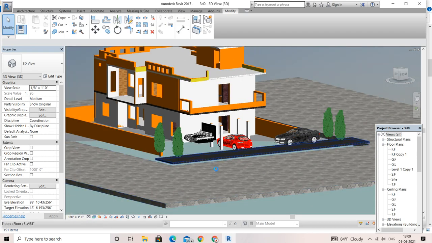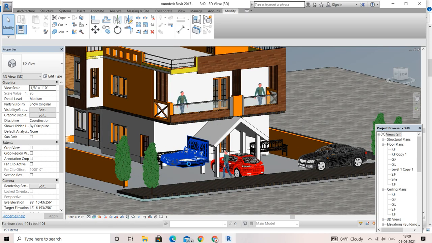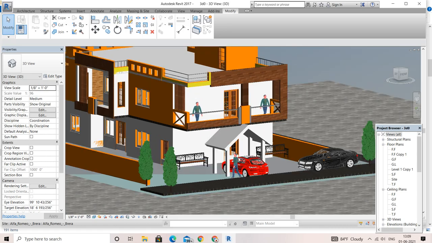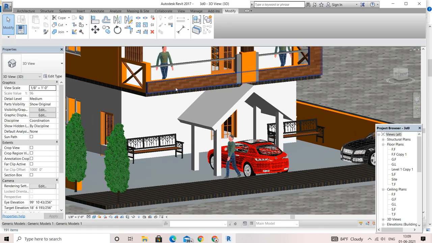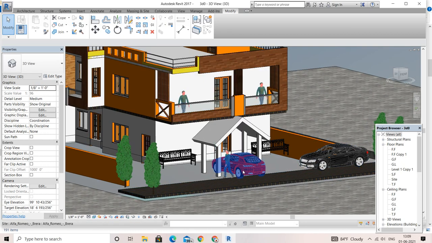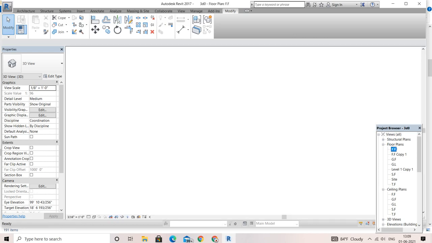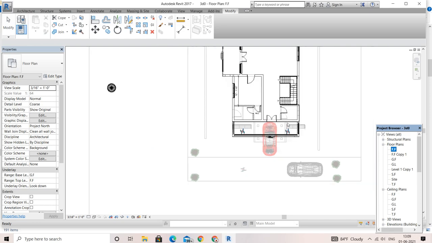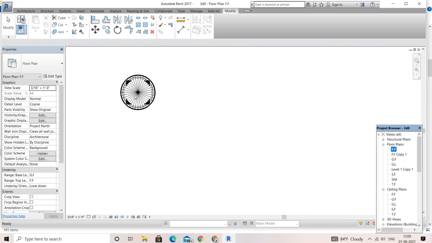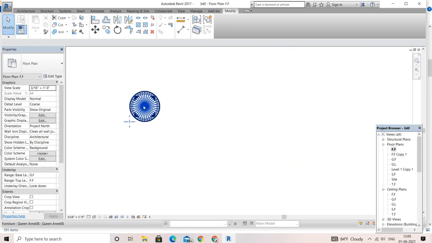Here you can see this is the bed, which I uploaded wrongly, it was just for demo to show you. See, these are the doors. You can see some statues of men over here, and these are the components that make your plan or your elevation look beautiful. Have a look at this ground floor, I mean the first floor of this plan. Here you can see how I have made it, this is mine. If you want to upload this you can get it from there, you just go and take it, right?